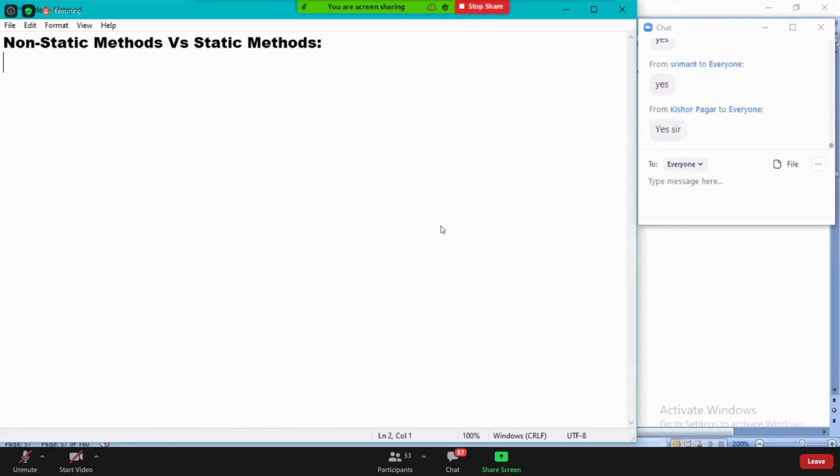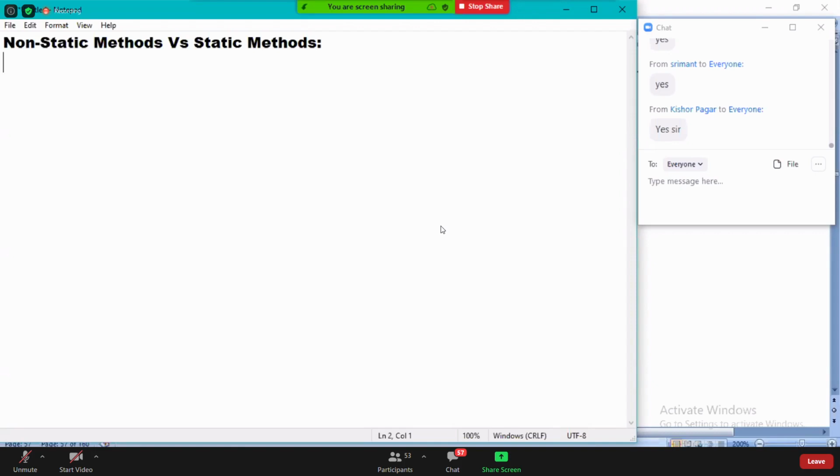If you explicitly declare the method by using a static modifier, then that particular method is static. Otherwise, everything is default non-static.